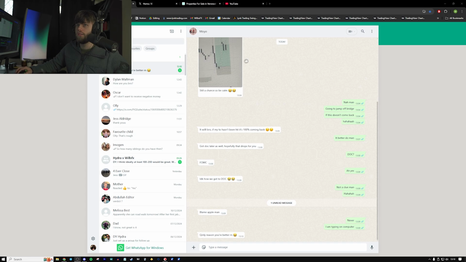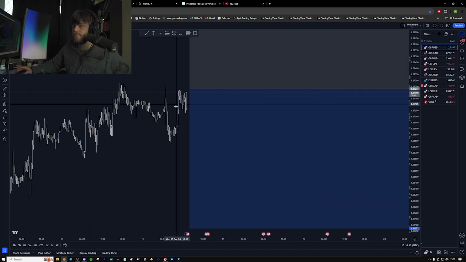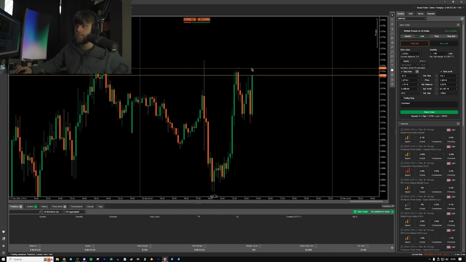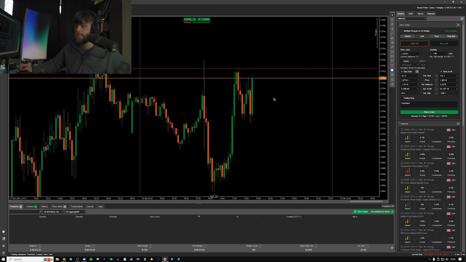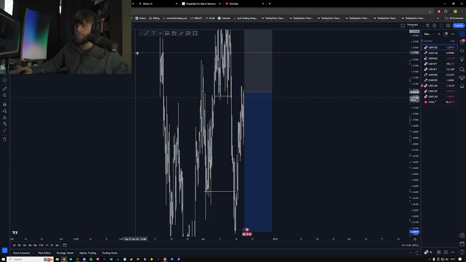So if we go back on the charts here, you can see the level here. So if we go back on cTrader, you can see that we're looking to sell here. So hopefully we get in this trade and we make some nice profit. We're around 5 pips away from the entry now. Based on the 4 hour,